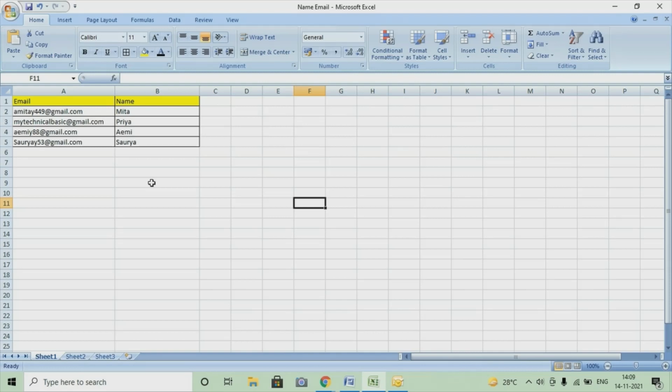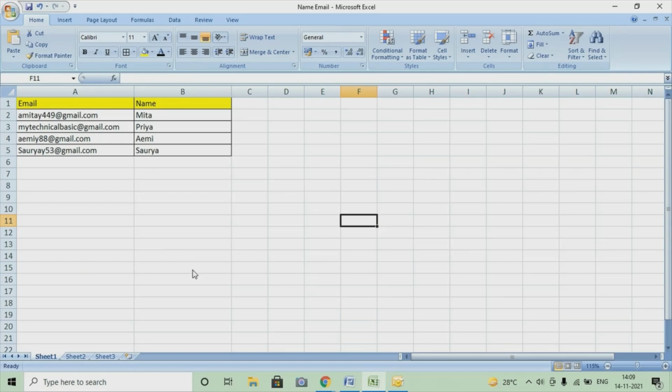Here you can mention multiple emails with the recipient names, but I have a list of 5 emails with names, which is why I'm showing this much data. You can put more emails with names here. So this is how you have to create one Excel sheet.